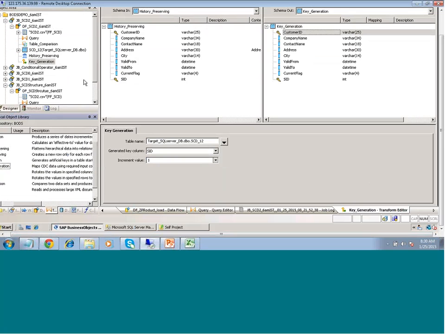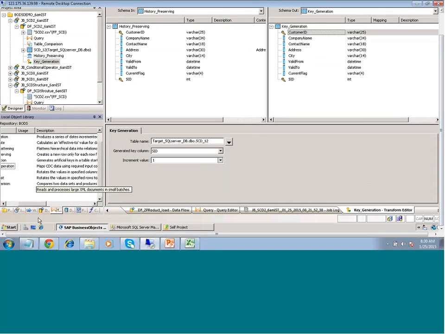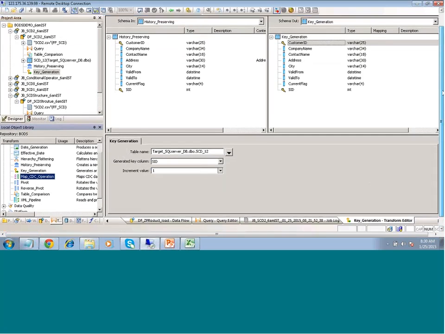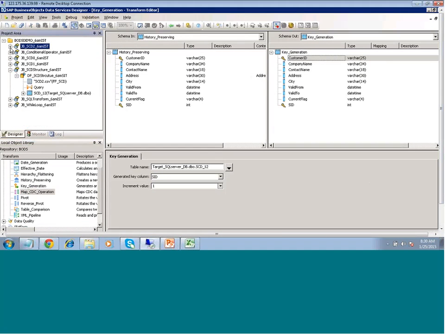That is a target-based CDC, which we have been doing all this time. But if you want to get only the 100 records from the source system, you have to use the map CDC operation. The map CDC operation is one of the performance enhancement techniques,